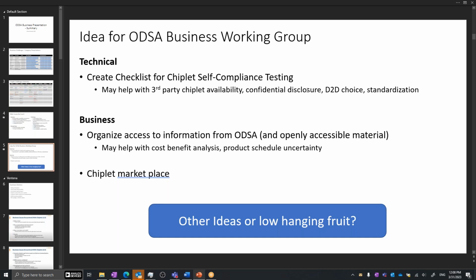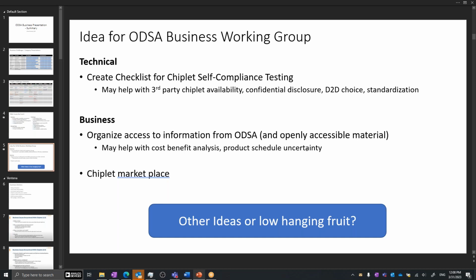If we are able to have this checklist so that a confidential party can do the testing, then that also helps with the disclosure question, and should ultimately help with establishing a marketplace and having third-party chiplet availability.